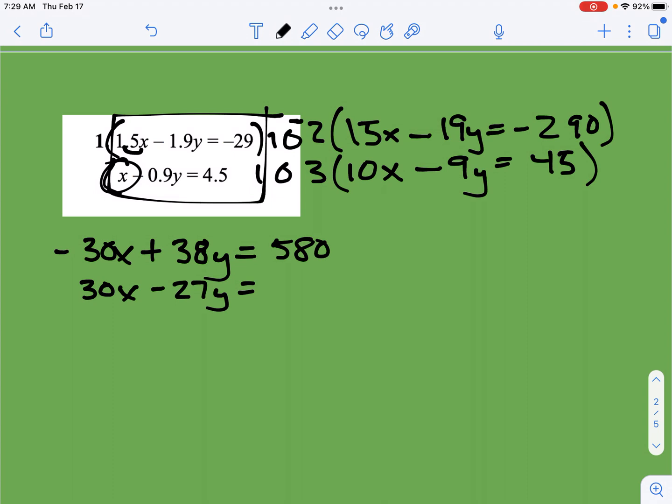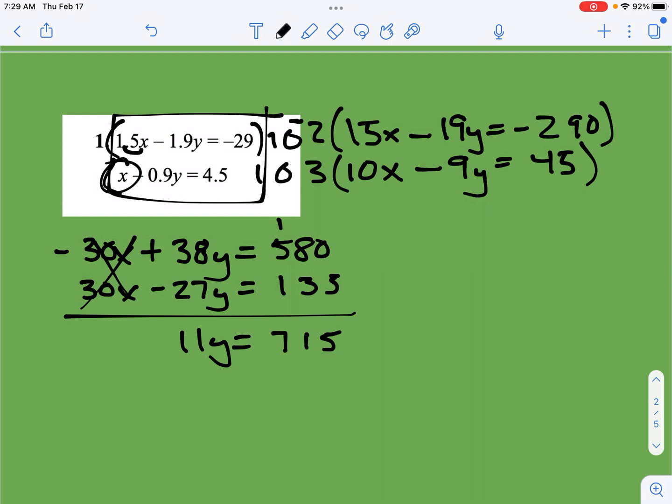3 groups of 45 would be 135, all right? And so let's just add them up. So boom, that goes away, we get 11y, and then we get 715, right? 715. 5 comes down, 1, carry the 1 over. Yep. All right, and now my last step is to bust out the good old trusty calculator and say, okay,